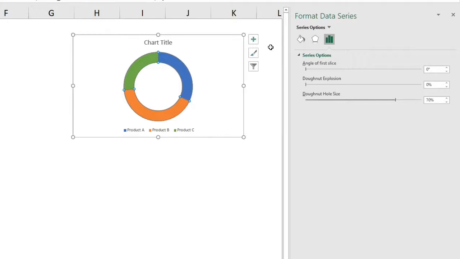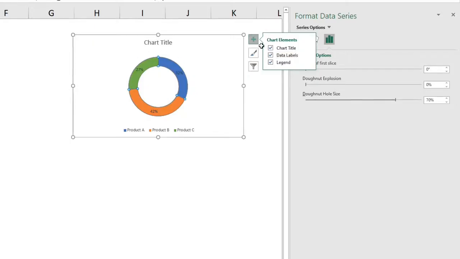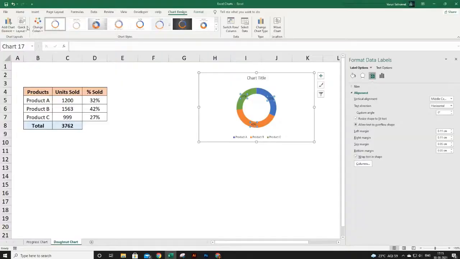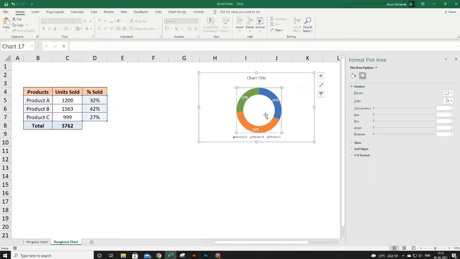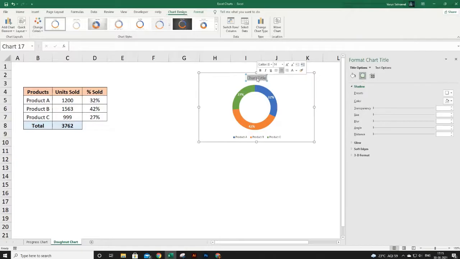Let's add the data labels. You can add them by clicking on this plus sign and then checking this box, data labels. Select these labels and you can change their formatting. I am making them bold and white color and choosing some bigger font so that it is visible. We can also change the chart title. So let's say sales by product.